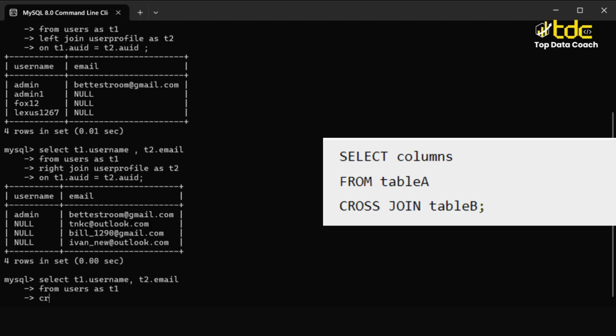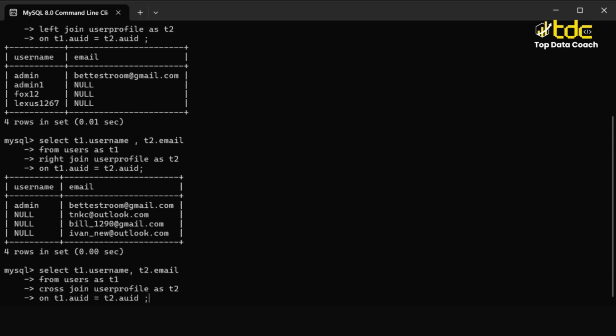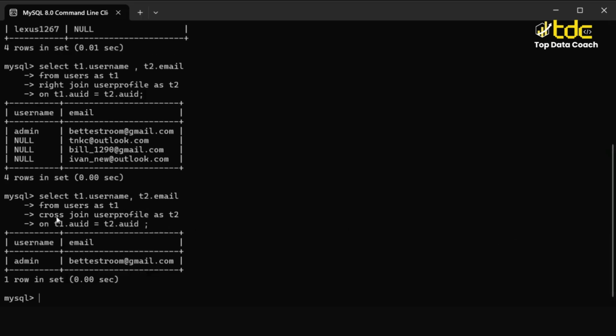Now here I have to write down cross join second table, that is user profile, as T2 on T1 dot user ID equals to T2 dot user ID. Because I have given this condition, it is returning only 1. If I don't give that condition,